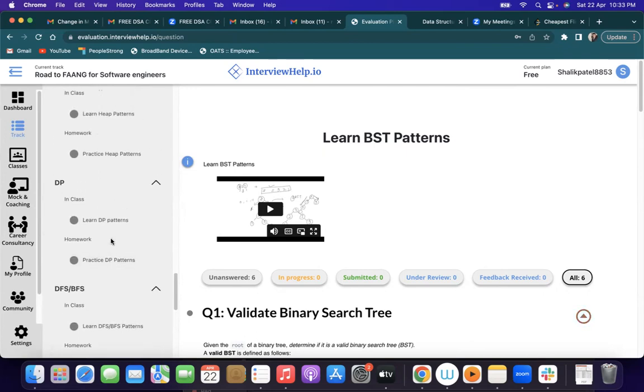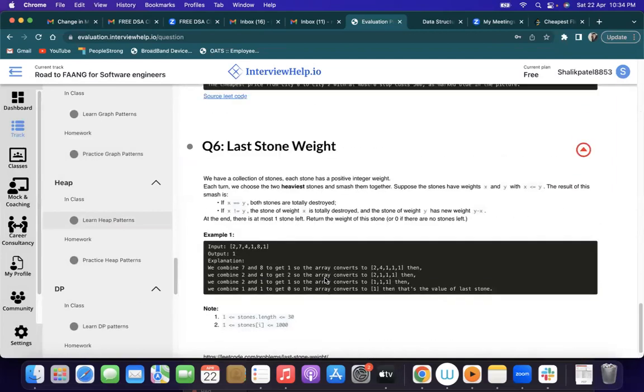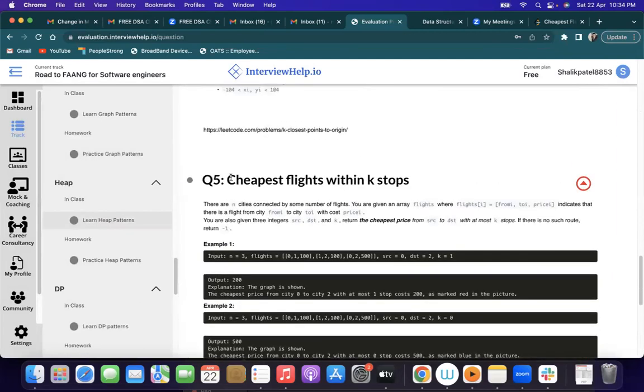So either we can go with DP for the next session, and then we will go for DFS and BFS, where we will solve a problem from graph. This last one is also a graph question eventually. It can be solved through heap, but it will use the concept of graph itself. Okay, sure. So if you are not able to solve this, what you can do, you can